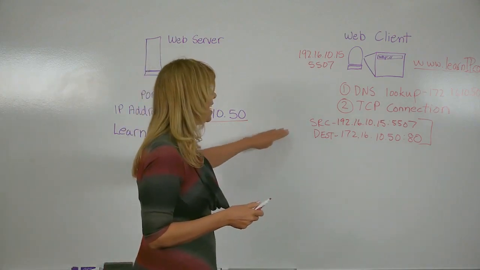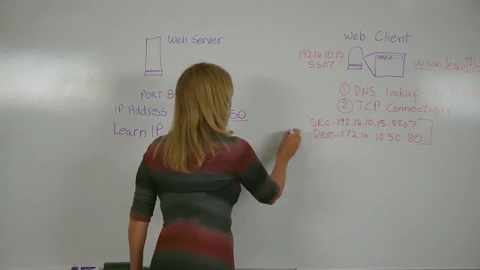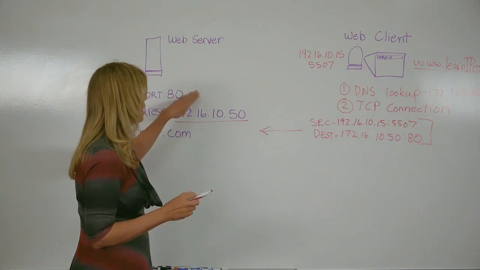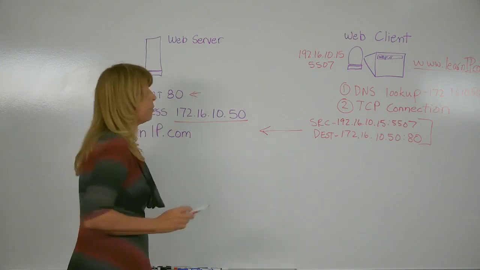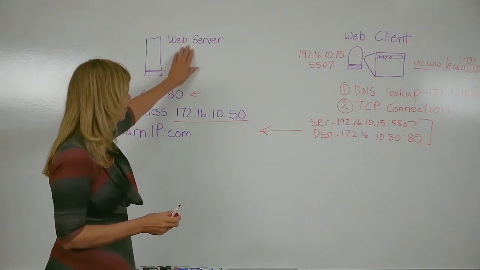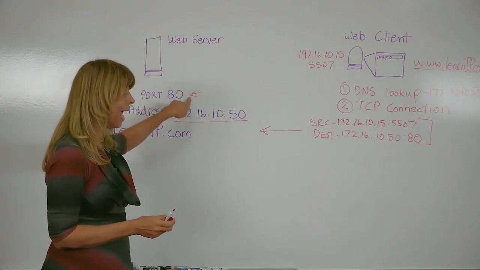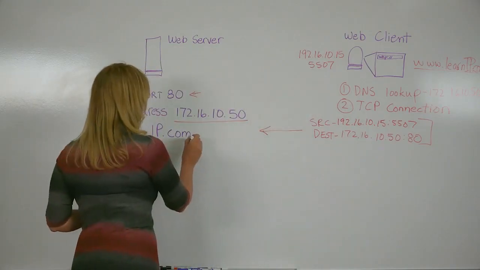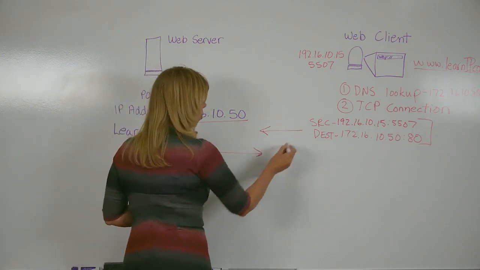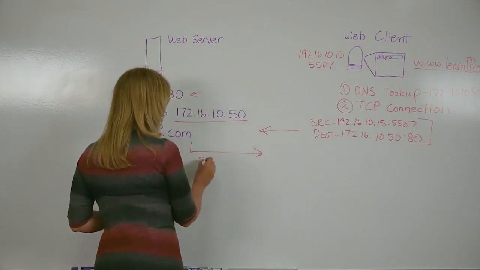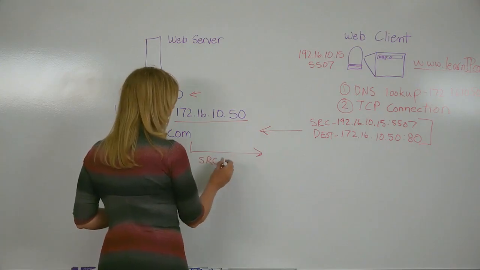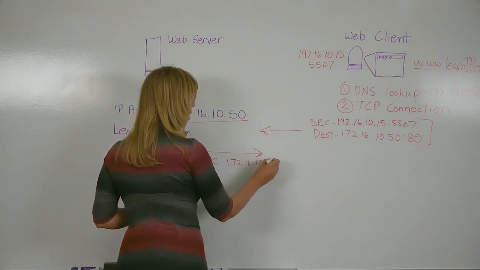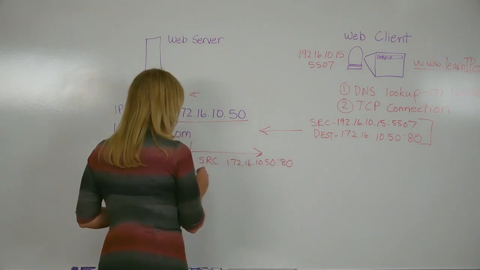When the web server receives this packet that comes across, what it's going to do with it is place it in the buffer assigned to port 80, so that the web service will see that it has a request from this device, and it will then formulate the reply with the opposite information, where the source of the reply is 172.16.10.50, port 80, and the destination